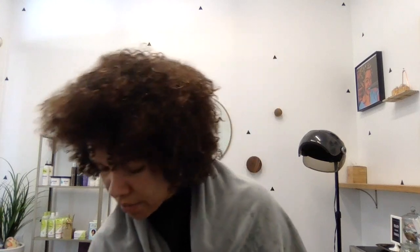Now that my hair is completely drenched, if I was in the shower, obviously it wouldn't be as messy, but we're gonna give this a go, see how it works. So right now what I'm using is Devacurl's Low Poo. This is one of my favorite clarifying shampoos in the whole world that I have ever found for curly hair. As you can see,